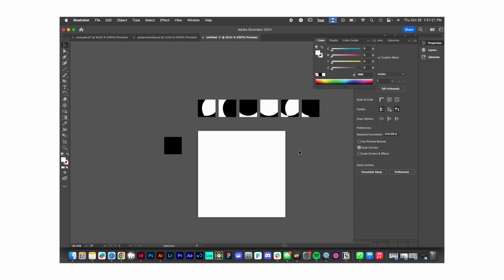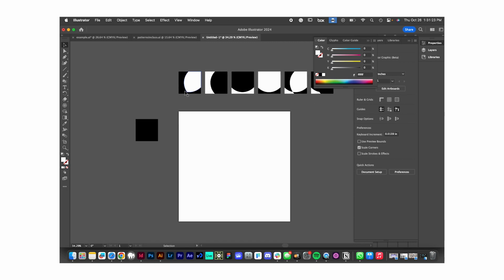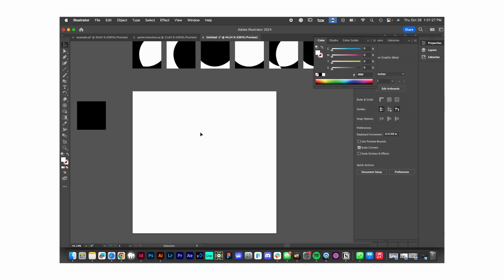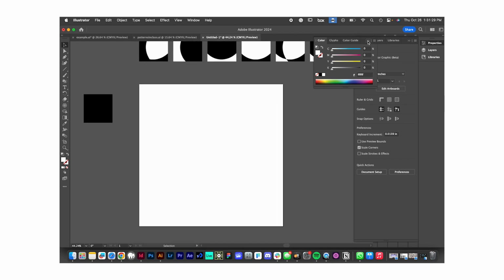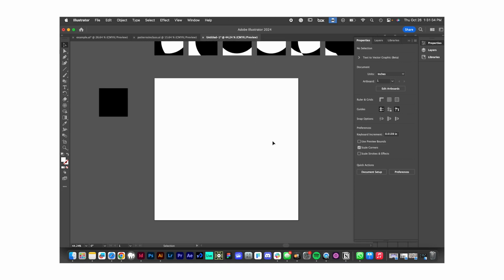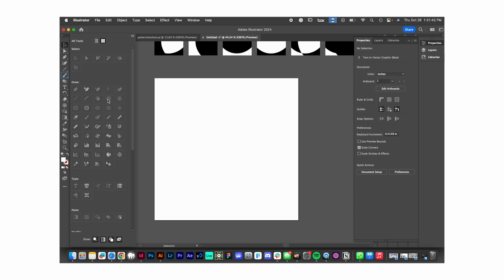Cool, and I'm happy with that. And then we'll just want to start applying them. But before we get there, it would be great to have some sort of grid as a guide to allow us to be more precise with how we place things. So I don't see a grid tool over here, but I can go into my edit toolbar button with the 3 dots here and grab this